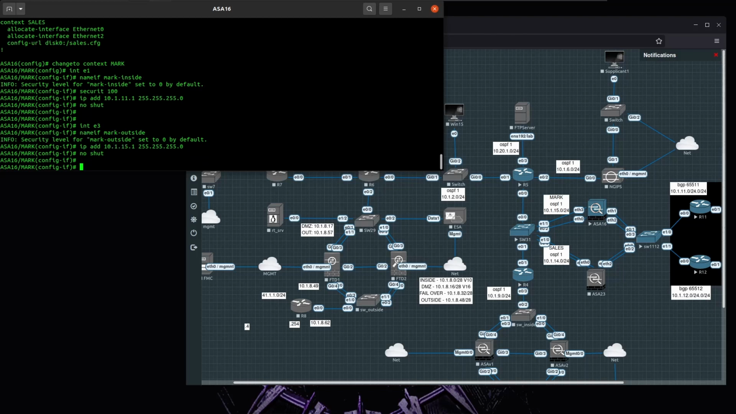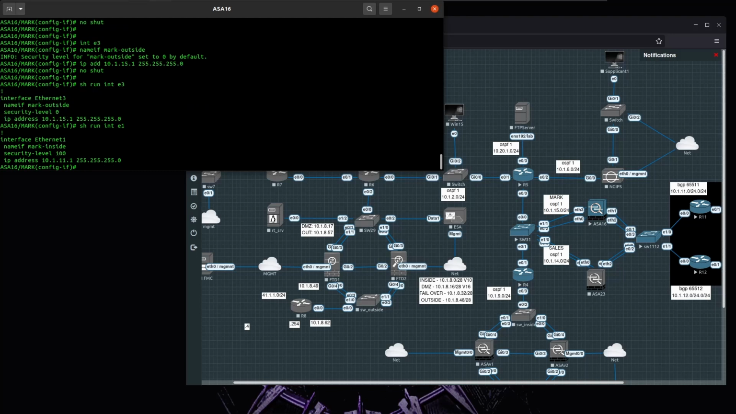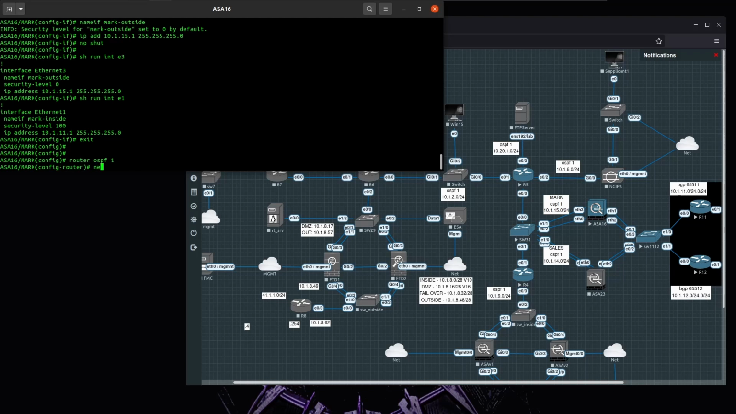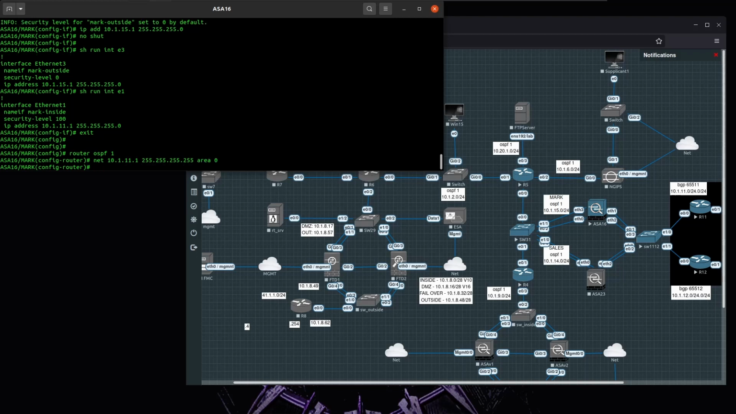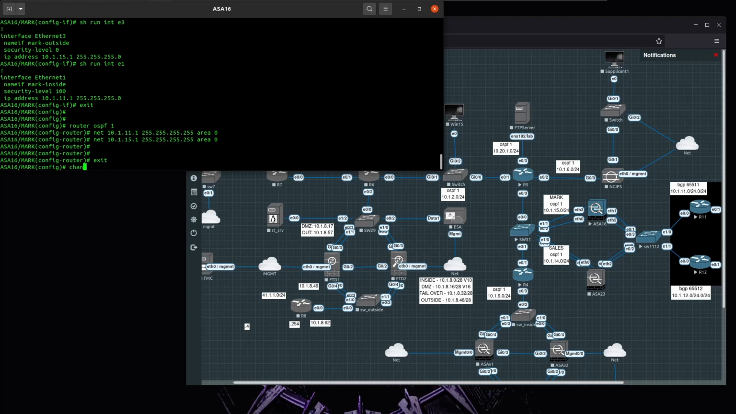Just make sure that it's enabled. So E3 mark outside and E1 mark inside. That's awesome. And I believe I have to enable OSPF here. I'll say 10.1.11.1, 5.5, area 0, and 10.1.5.1, area 0. Okay, now let's change to sales,